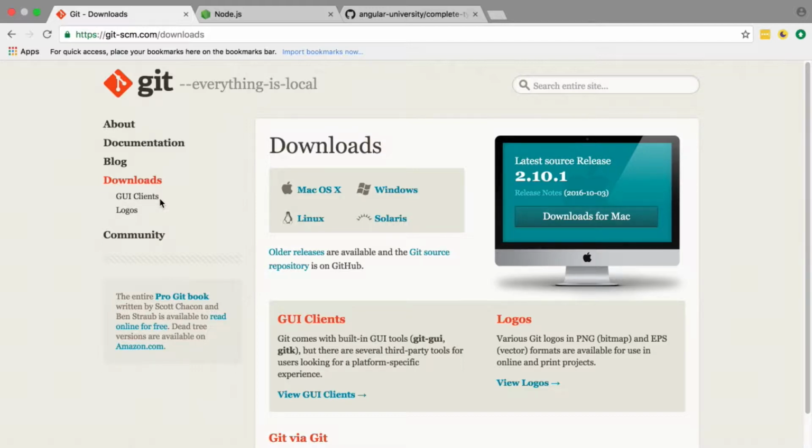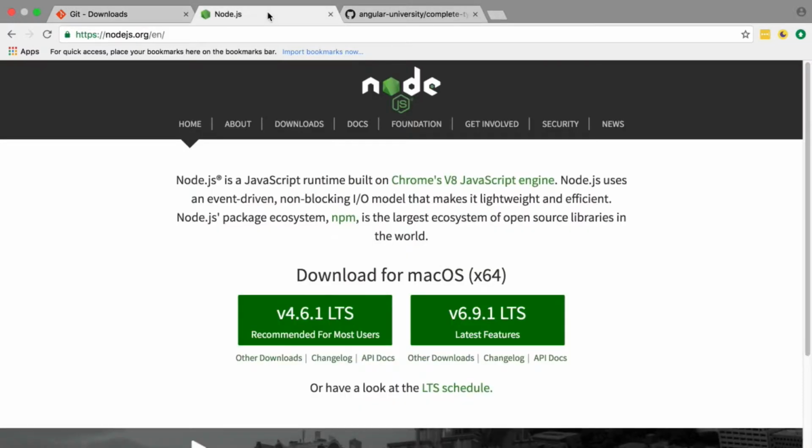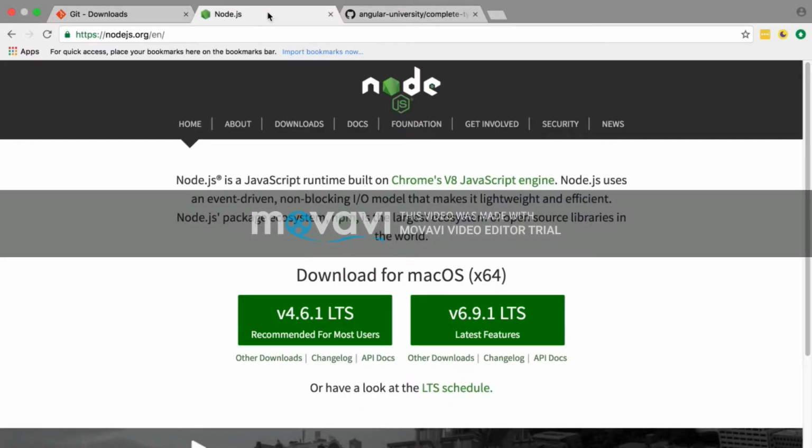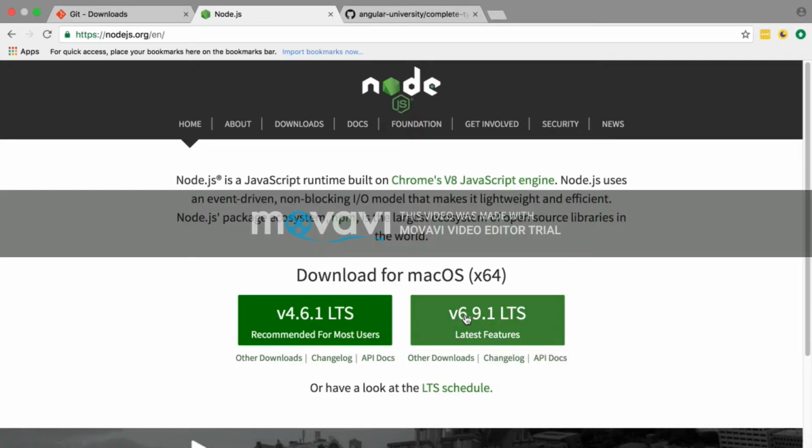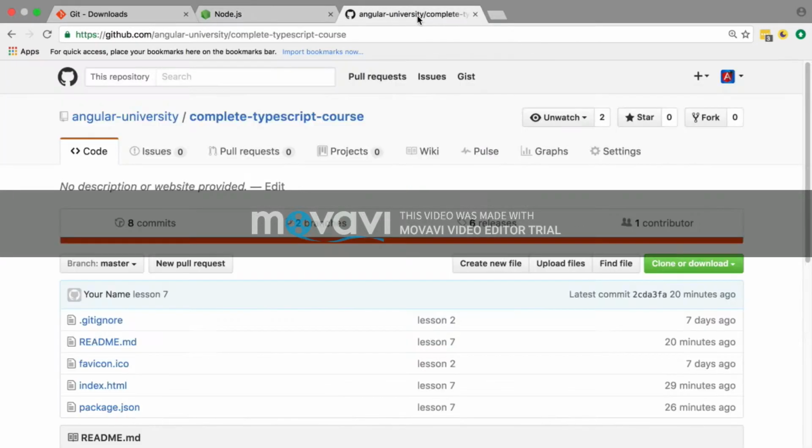But this is optional. Now what we really need to install on our machine is the latest version of Node.js. We will be using it both as a small development application server, but we will also actually be running a REST API on it, so we really need Node and NPM installed on our machine. For that, we head over to the nodejs.org website and we download the latest version of Node.js. If you want detailed installation instructions of how to install Node.js, you can head over to the